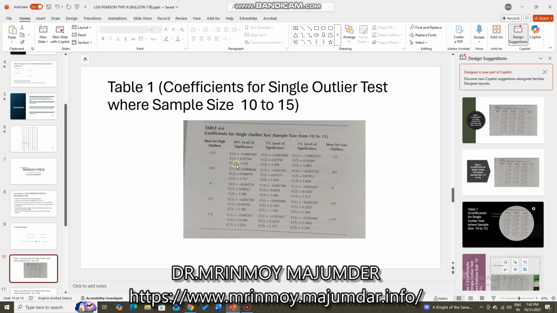Correct? Okay. First find the skew of the data set. The skew of the data set you are first finding, and then according to the skew you find the coefficient value. Yes, another thing you need